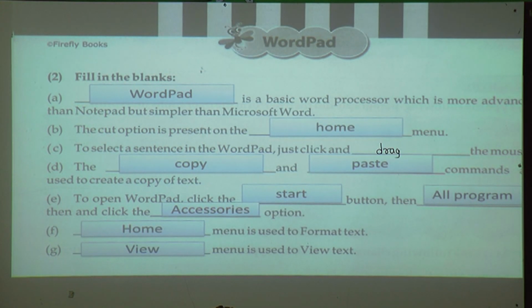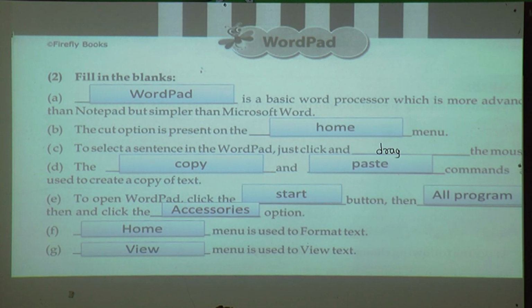Fifth one, to open WordPad, click on the Start button, then All Programs, and click the Accessories option. Sixth one, Home menu is used to format text.